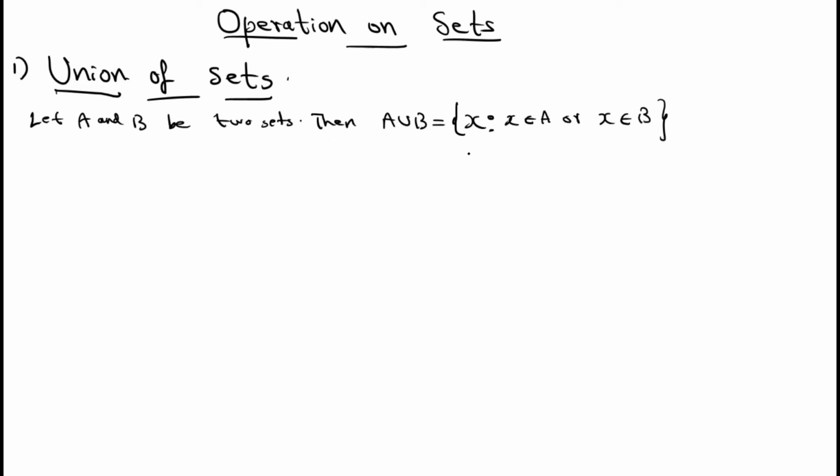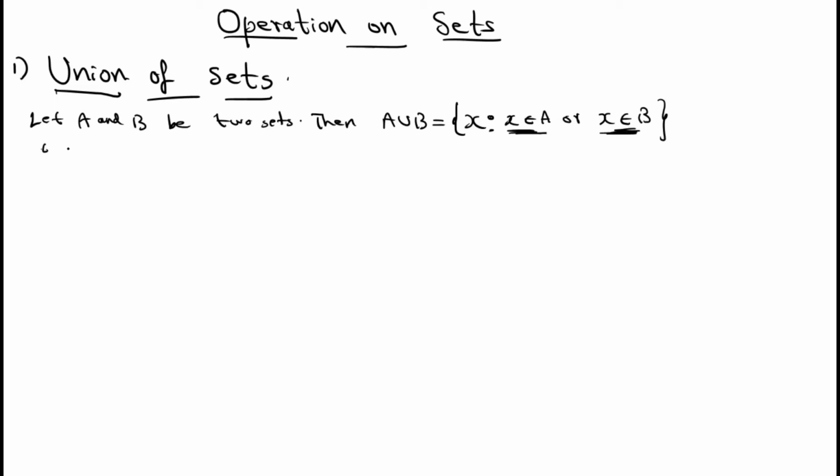A union B means you need to write all the elements of A and all the elements of B. If any element repeats, write that element only one time. That's the meaning of A union B. All the elements such that the elements may be in A or may be in B. But remember, while writing union, if any element is common to both A and B, you need to write that element only one time. Okay, for example, see,